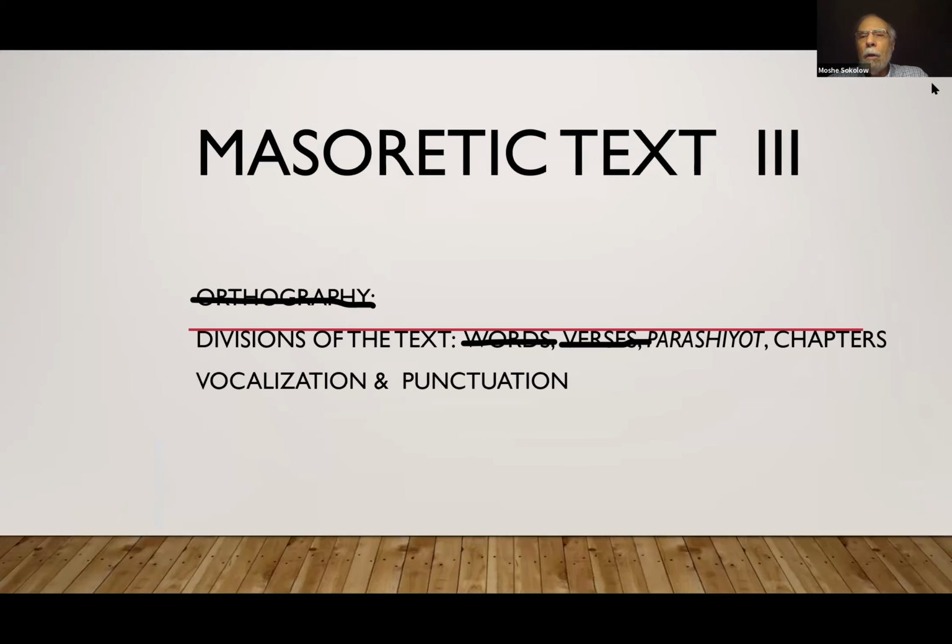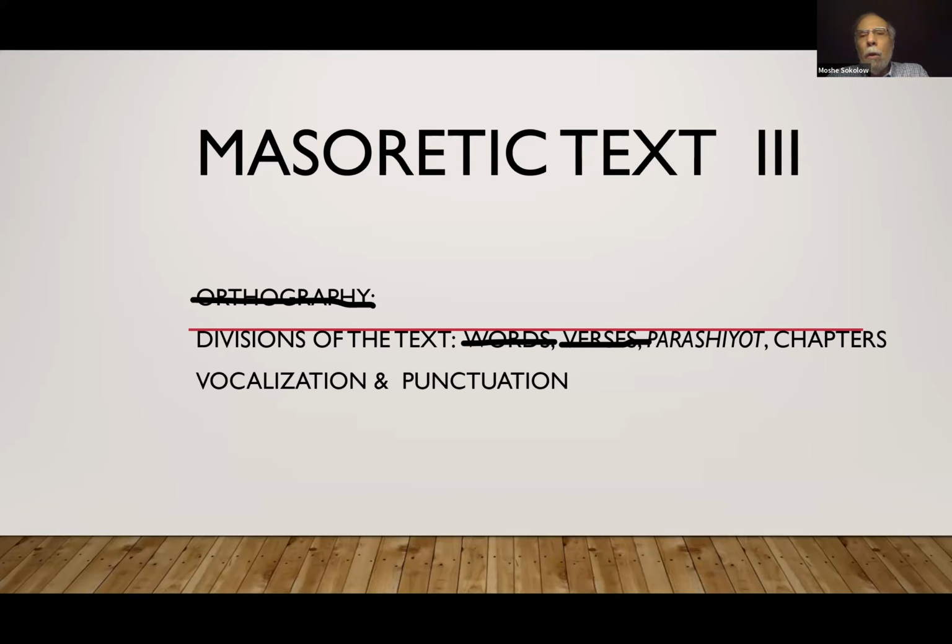Okay. So this is our third foray into matters Masoretic. Reminding everybody again that the word Masoretic is an anglicization of the Hebrew word Masoret or Masorah, meaning a tradition, something that's handed down. And it refers to the physical distribution of words into sentences, sentences into paragraphs, paragraphs into chapters,